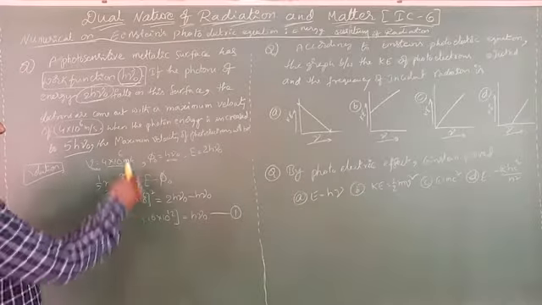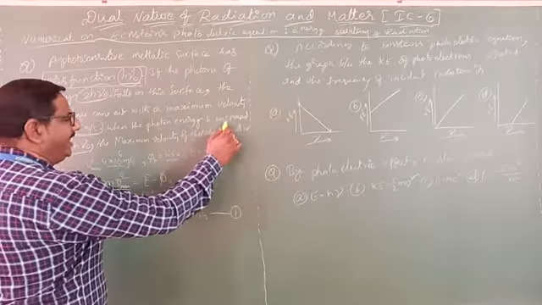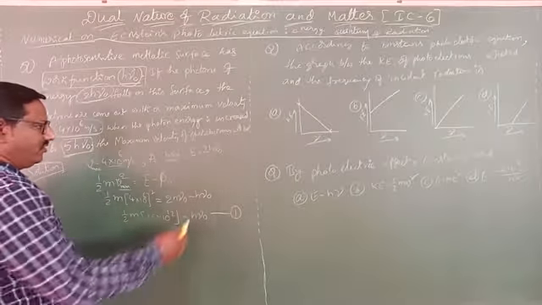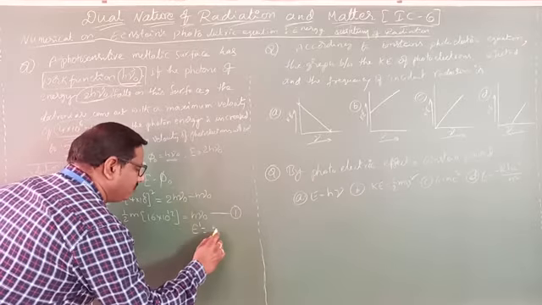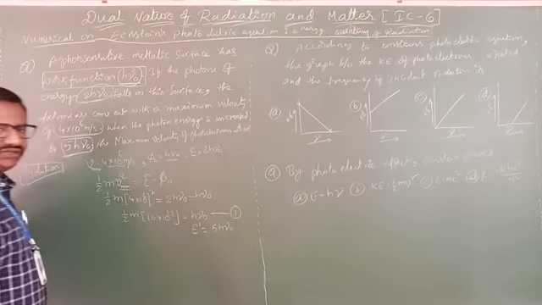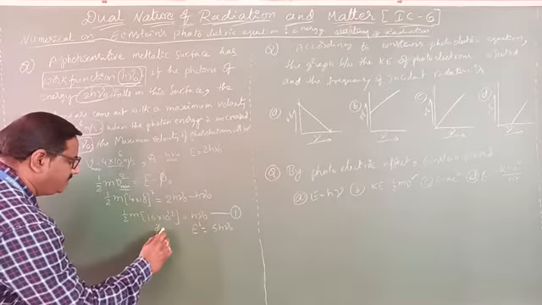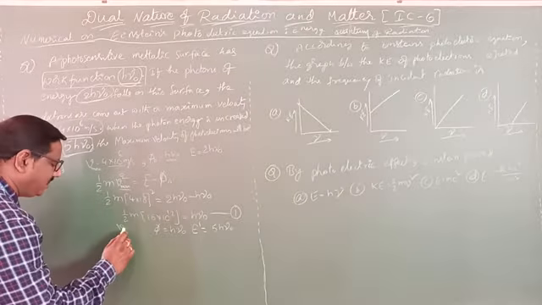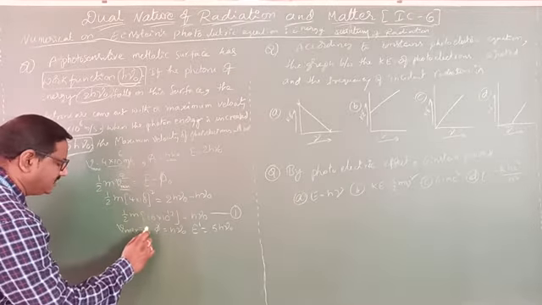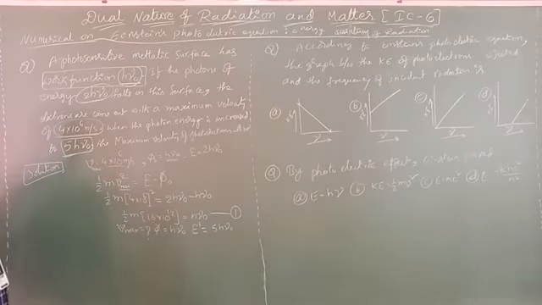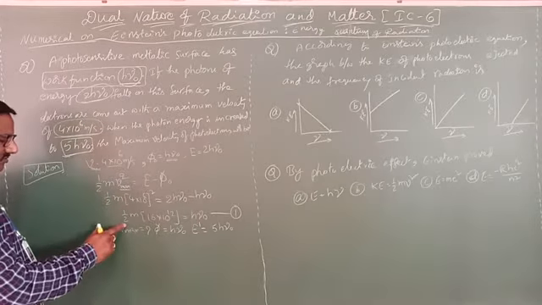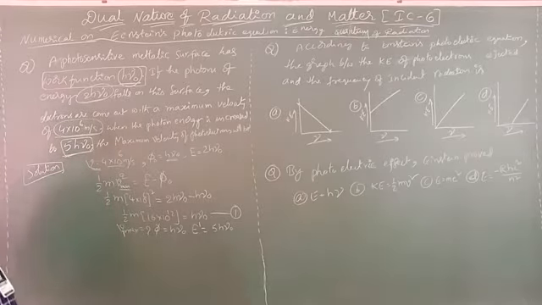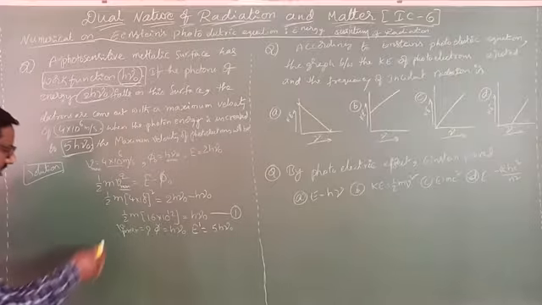After that, they gave that the photon energy is increased to 5 h nu naught. Now E dash equals 5 h nu naught, and the work function will be the same for the same metal, so it is h nu naught. Now they are asking the new maximum velocity, which I will write as V1 maximum. Now apply the same equation.